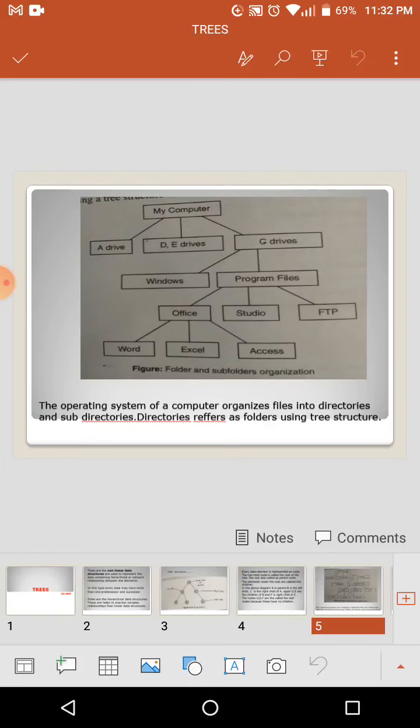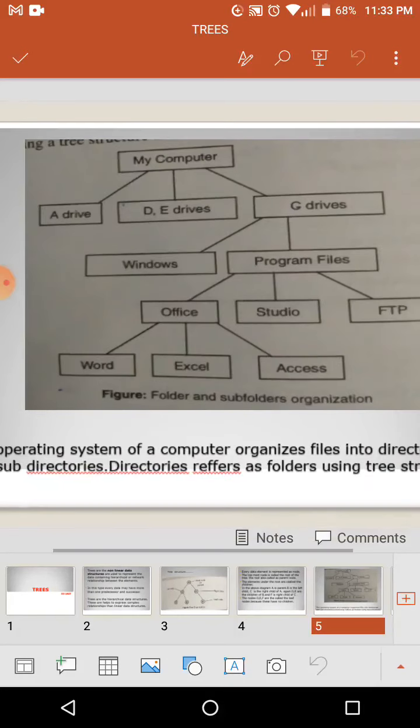So My Computer is the root node, otherwise we can call it the parent node. Drive A, drive D, drive E and drive C are the child nodes of My Computer. Again the C drive is subdivided into subtrees: Windows is the left child and Program Files is another child. Again Program Files is divided into one more subtree. Just like that, data will be represented in a hierarchical format. Network relations maintained this way are helpful for the representation of complex relations.